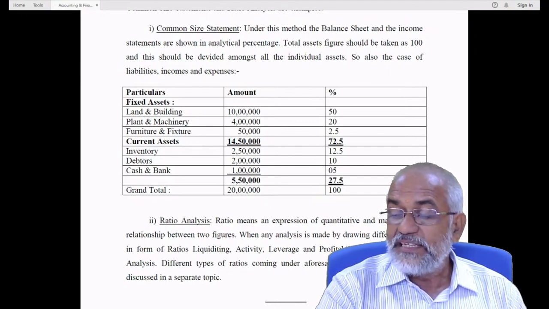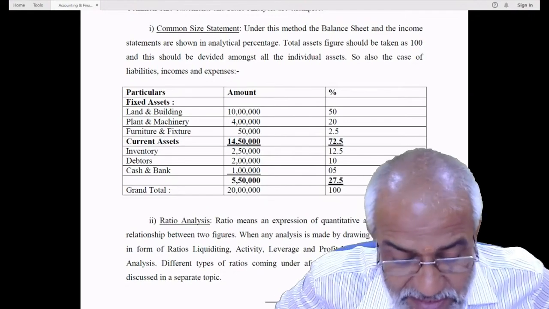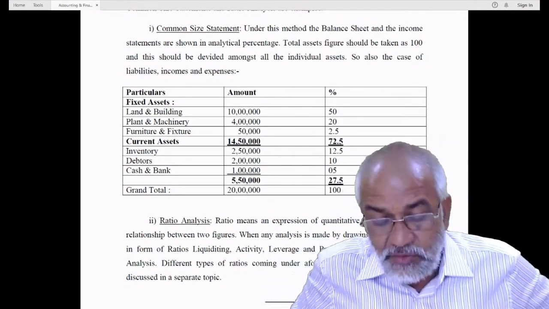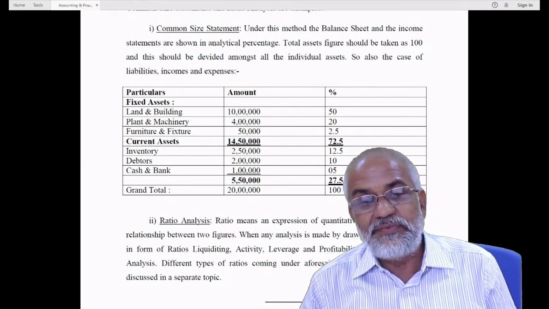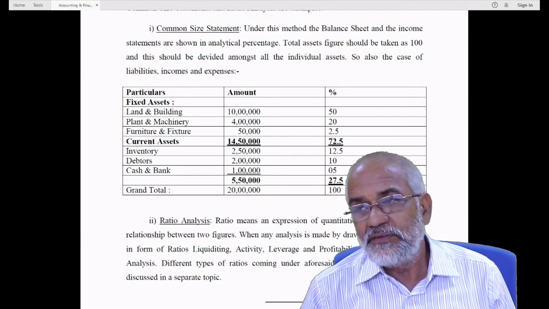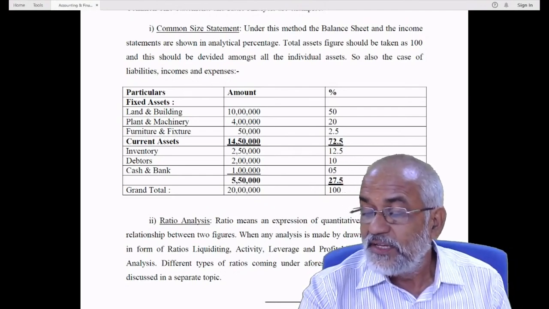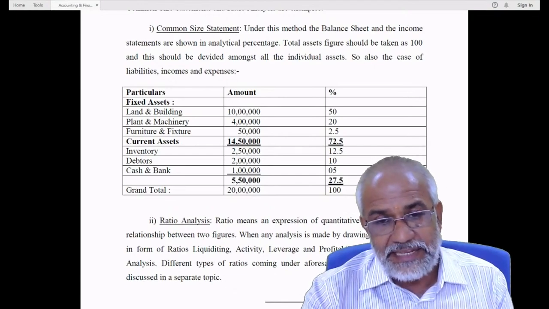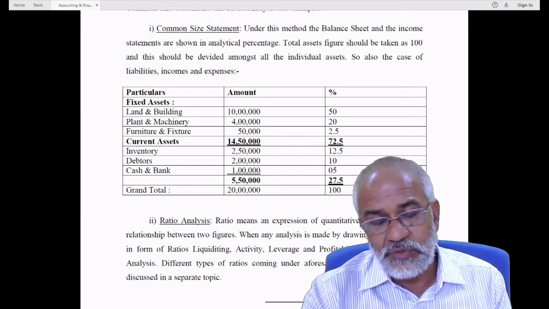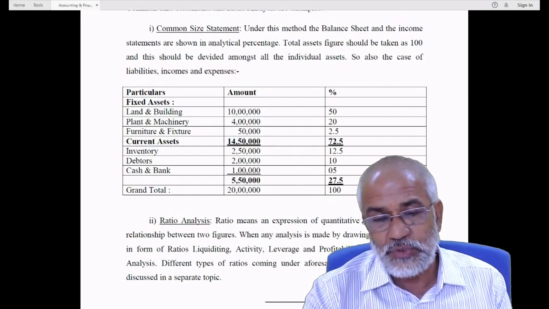The first one is liquidity ratio. Liquidity ratio analysis, if we go into the analysis of different ratios, is a time-taking affair because all the categories of ratios are to be discussed in detail. I'm just narrating the facts, which are the meaning of all the four categories of ratios coming under